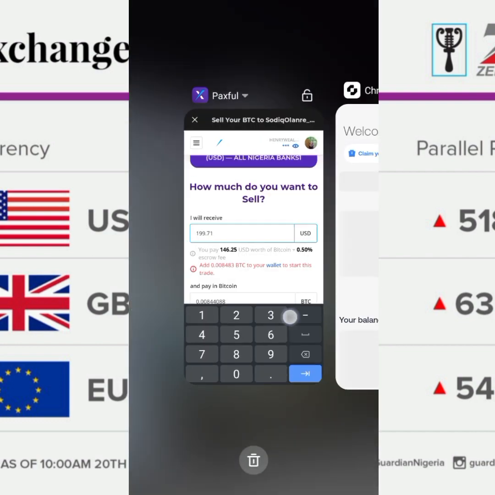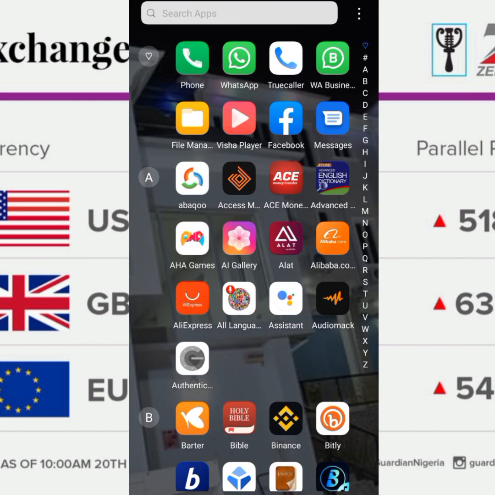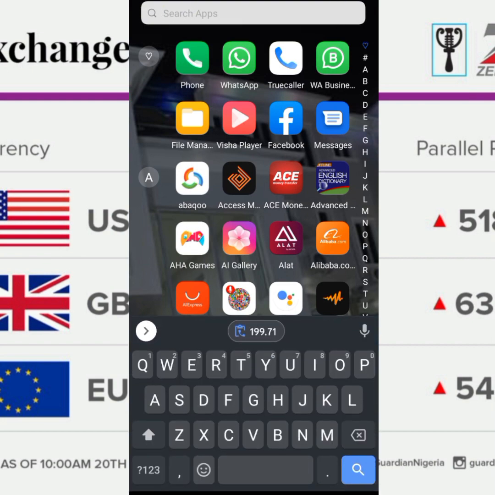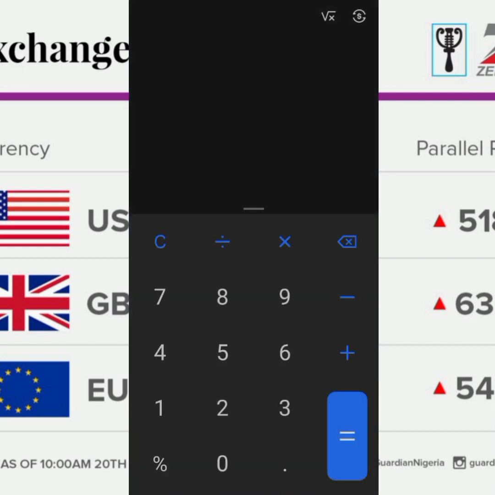Now, let me leave them and use the calculator. Let me locate my calculator here. For example, I would just assume, but I just needed that to open.